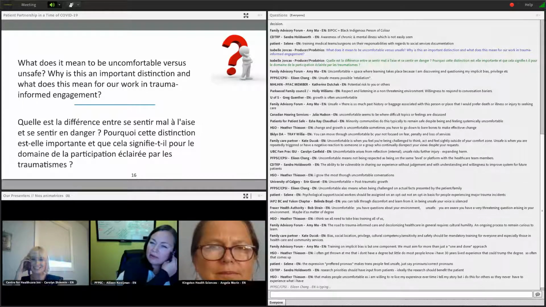I was just going to say, what I really noticed within the group of patient partners is this: when we get a bunch of patient partners together and we want to talk, it's so interesting to see how much space is needed to give voice. And I think that speaks as well to when we're at a table and we have all of these competing